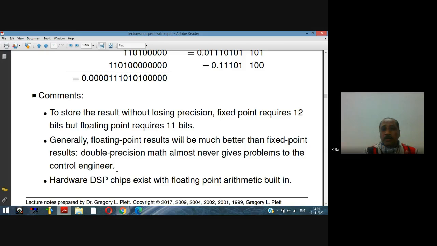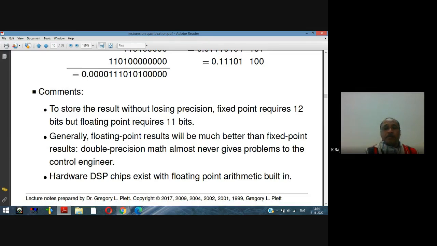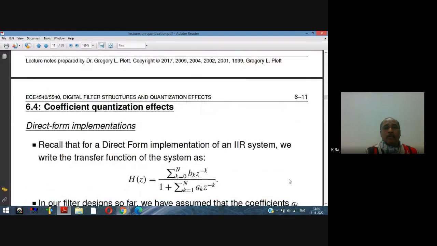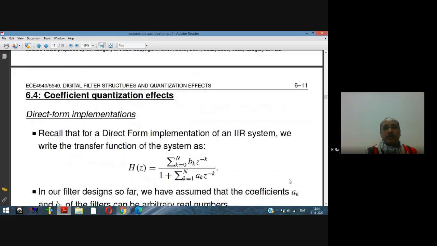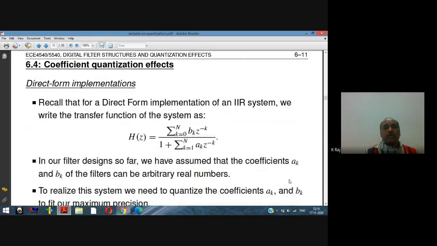So due to this reason, hardware DSP chips exist with floating point arithmetic built in. But during implementation, we have to select the fixed point representation here, because it is easier to implement. The direct form will now be considered here, with the first concept of the trade-off, that is